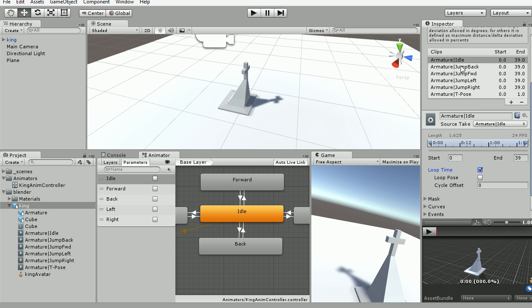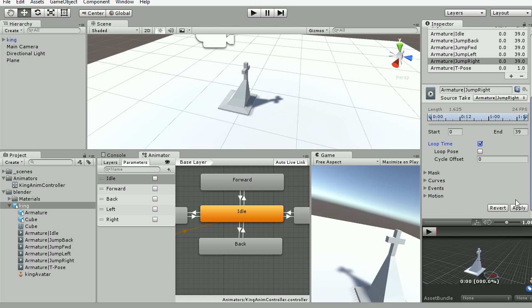And see on jump back, I'm not going to loop on these since we're just going to be doing them once. If you were going to be doing multiples, you would set loop on those as well. But since we're just doing once, we don't need to worry about setting loop. I mean, I'm going to go ahead and do it here just to show you that when we do our transitions through code, we will wait to the end of a loop. But normally you wouldn't have to do that. So apply, play,